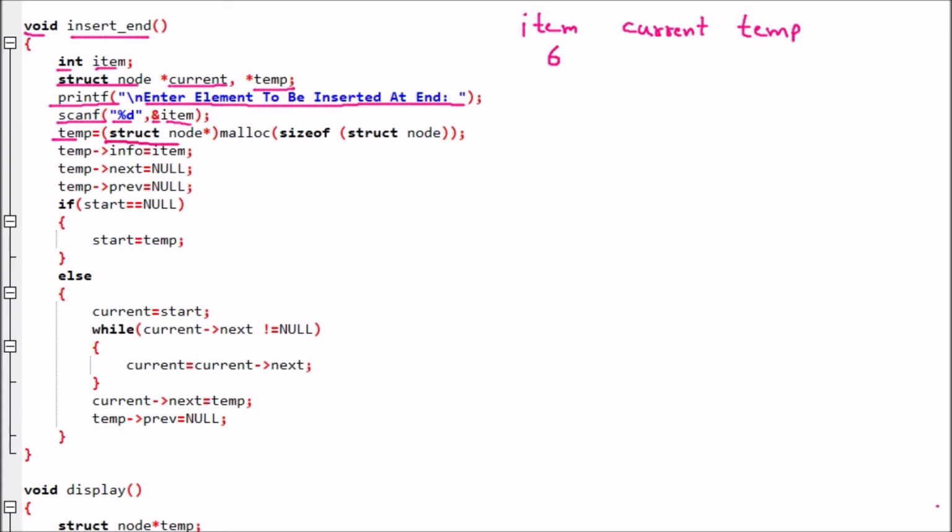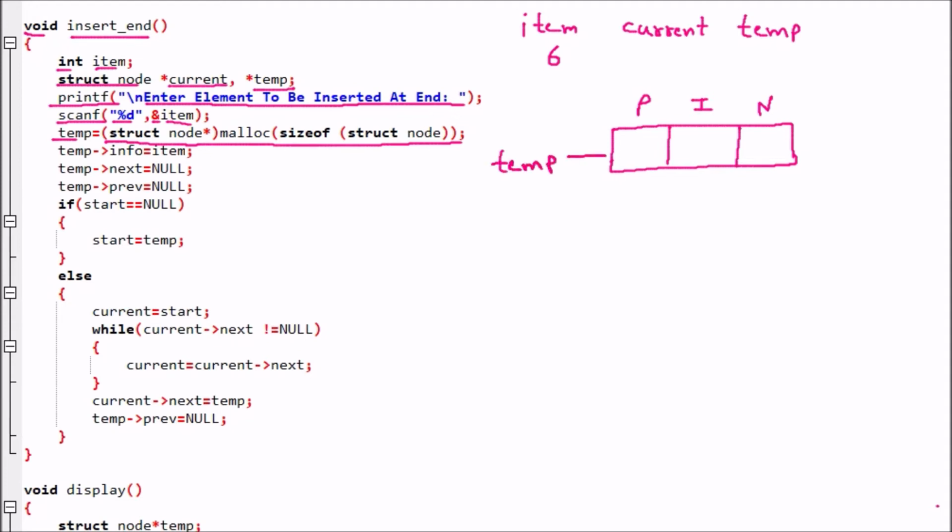Temp is equal to struct node star malloc size of struct node. That means a node will be created, and we know that the structure is already defined, that node has 3 parts. One is the previous, one is the next, and one is the info. And this is nothing but the temp. So the temp pointer which we have created is pointing to this node. Now afterward, temp info is equal to item.